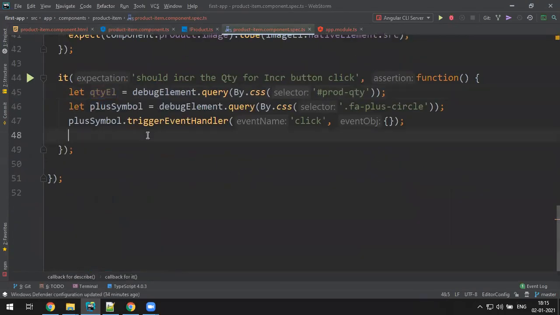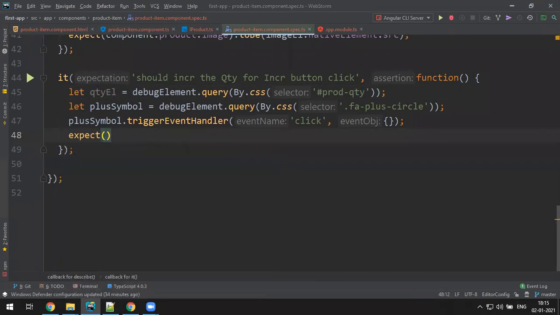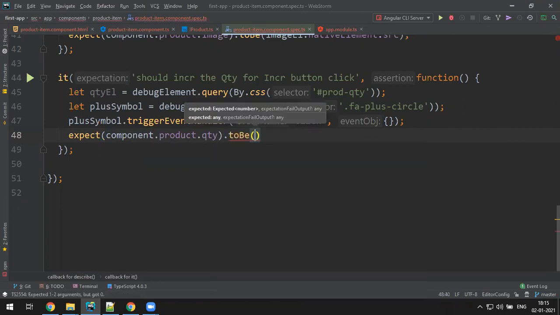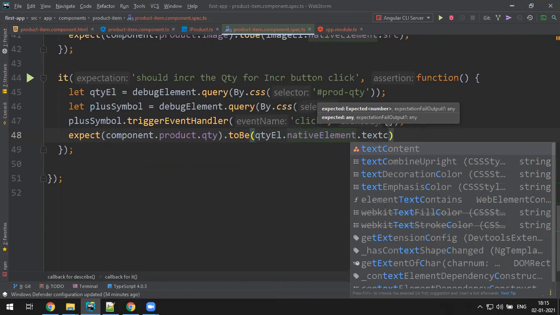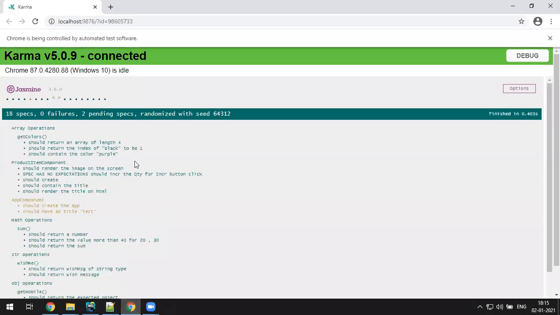So what I do is expect component dot product dot qty to be qty elements dot native elements dot text content. So its text content should match.